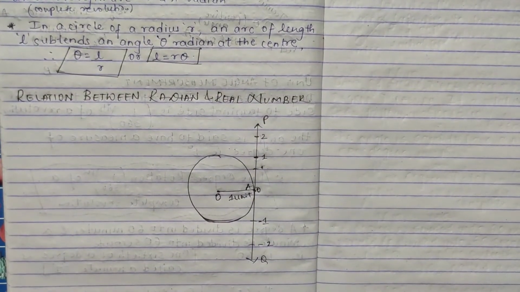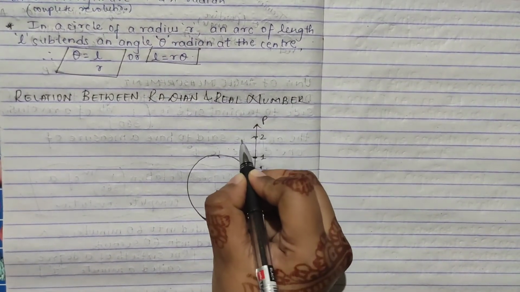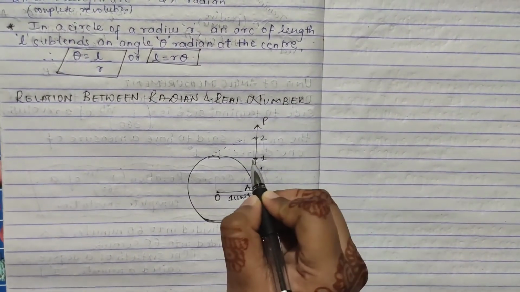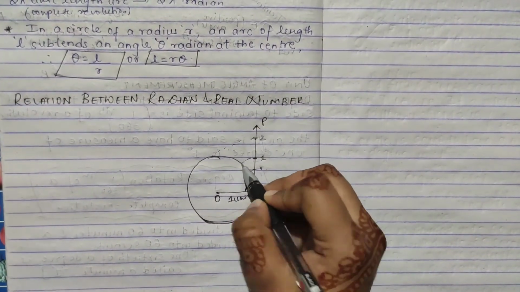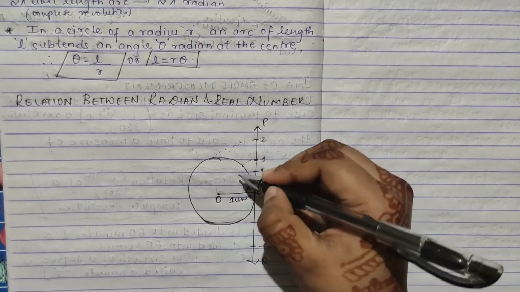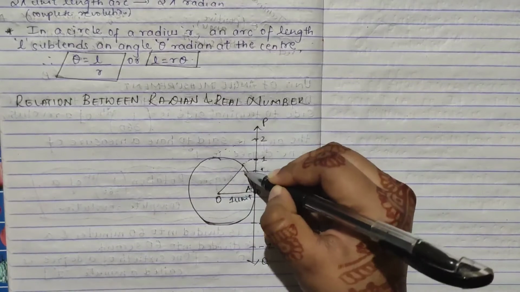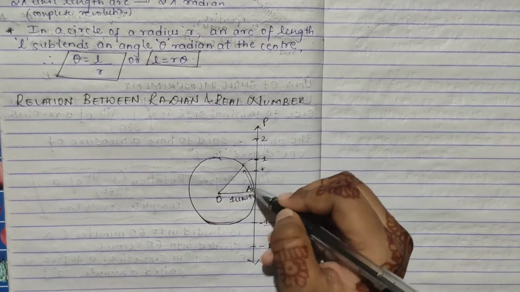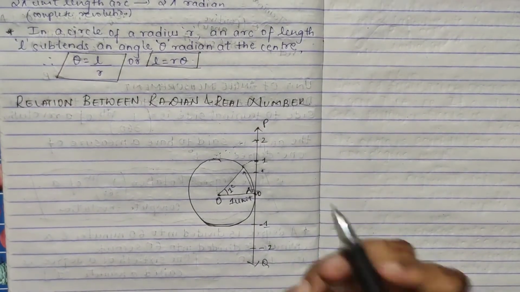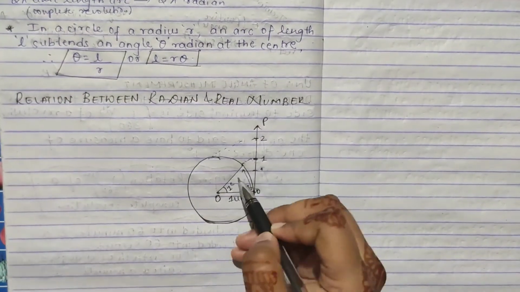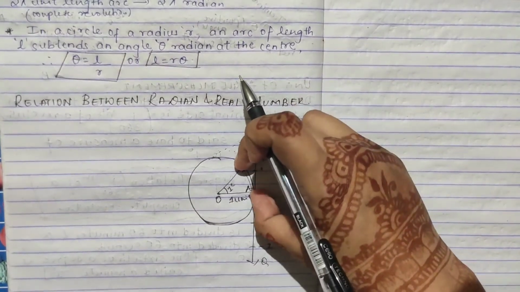Now suppose you are bending this point. Where will it come and touch? It will come and touch here. This also will be touching here. Whatever it is touching here, you are drawing a line. So this arc also will be 1 unit only, right? So this becomes 1 radian. Till where this point touches when bending, this much only is the same. So this makes our 1 radian.